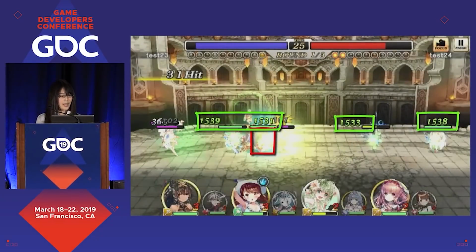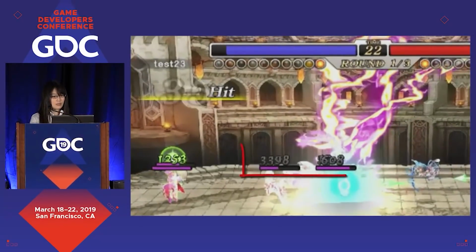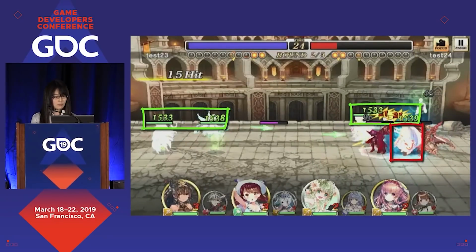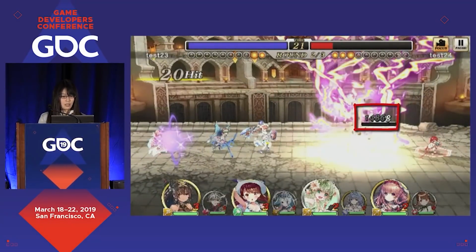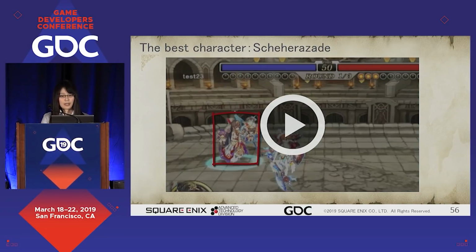And she uses the ultimate again. The damage is much higher than the damage by the normal attack. And she uses it again. As a summary, she keeps her party alive while dealing high damage to the opponents.